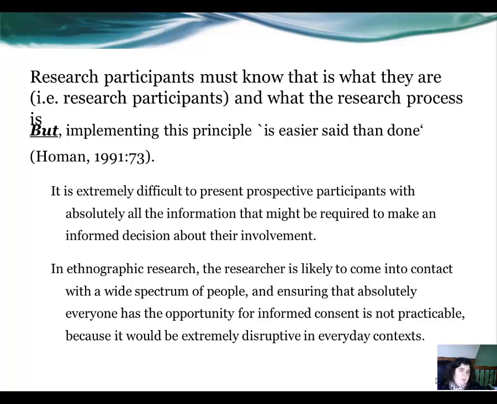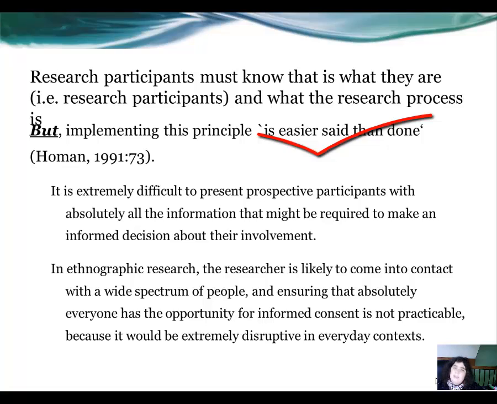So research participants must know that is what they are. That is, that they are participating in research, and it must not be a cloak and dagger situation. And research participants should know about the research process and should be informed up front about what the research process is. However, Homan, 1991, actually said that implementing this is easier said than done,